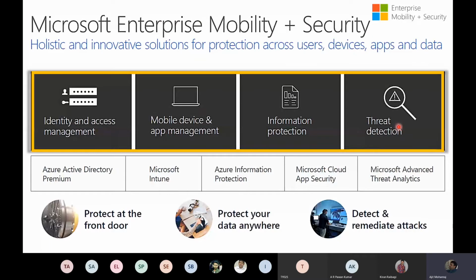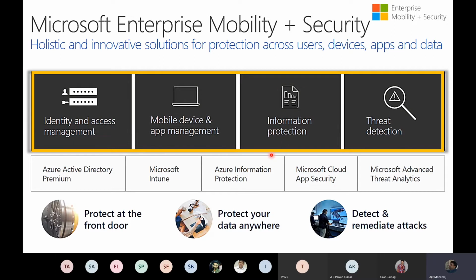So let's get introduced to the first one, which is EMS. Very broadly, Microsoft Enterprise Mobility and Security is a combination of about 5 odd products. You have Azure Active Directory, which is nothing but your identity and access management piece. I'm going to talk a lot about that. I'm trying to keep it within 60 minutes, so I'm going to use the time judiciously. I have Microsoft Intune, which does mobile device and mobile application management. So the complete life cycle of provisioning, patching, deprovisioning devices, even application provisioning at the App Store, downloading it, patching it, upgrading it, retiring it, all of that is managed through Microsoft Intune.